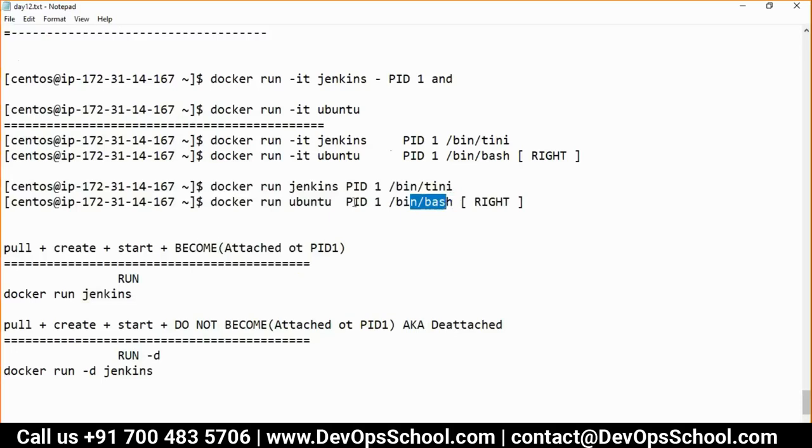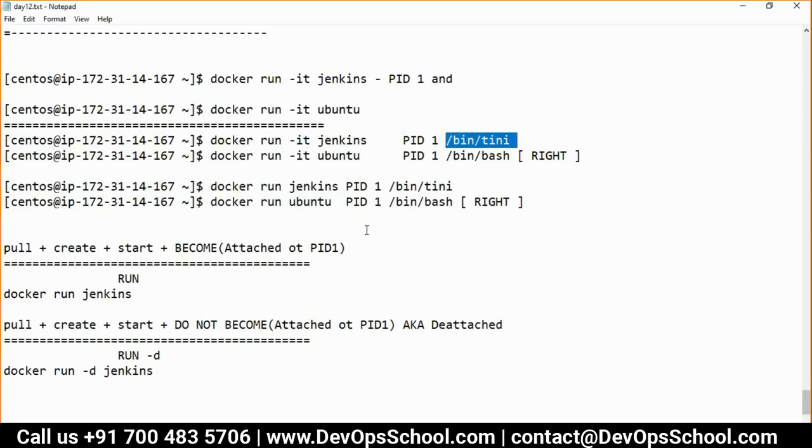Now what I am doing is adding the interactive mode. The moment you interact with a shell, when you add interactive, instead of exiting, what will happen? You go inside and you become bin bash. You are in interactive mode. Whereas this will not work for Tini, because this -it is not understood by Tini. So it's very simple.